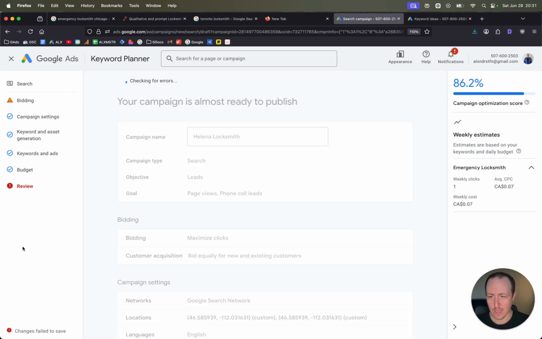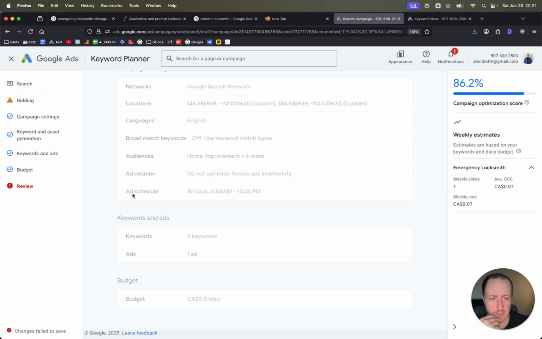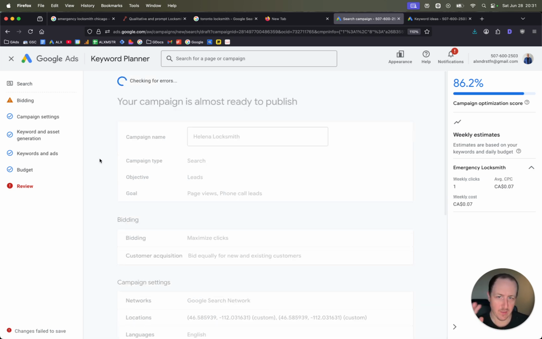Now Google's going to review the whole account. It's telling me changes failed to save. That's never that accurate. Sometimes you have to give it a minute or two. It is going to review everything, and then when it's done, it'll say publish. And then I'll just show you guys 2 more settings right after that while it is